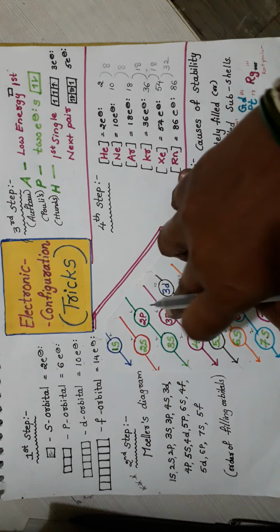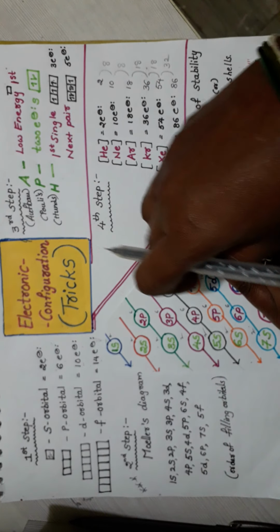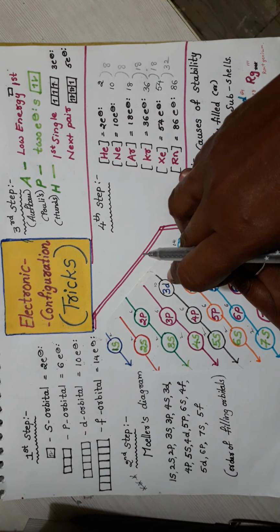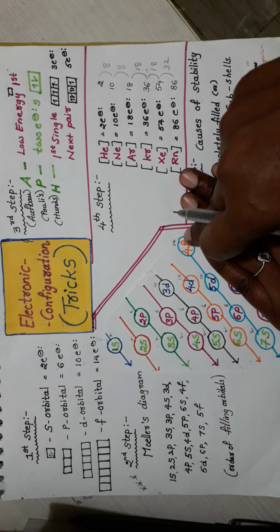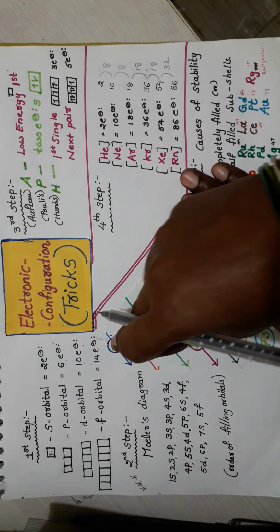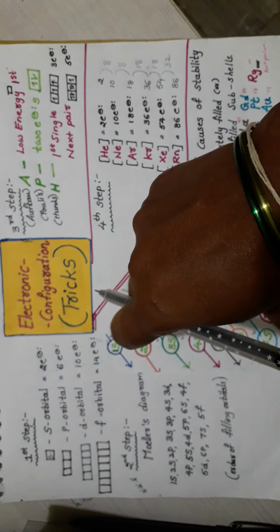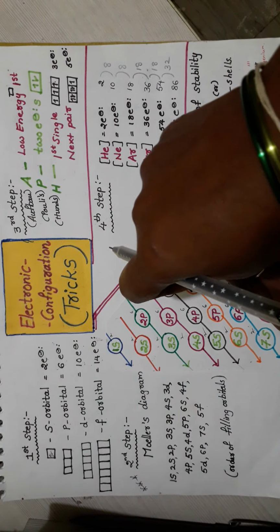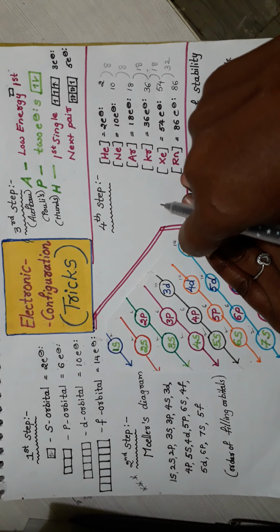Next you write 2 3 4 5 6. Next line, you leave one top circle and one bottom circle. Next write 3 4 5. Next simply write 4. Here the first circle row is completely s orbital, the second circle row is completely p orbitals, the third circle row is completely d orbital, and the fourth circle row is f orbital.